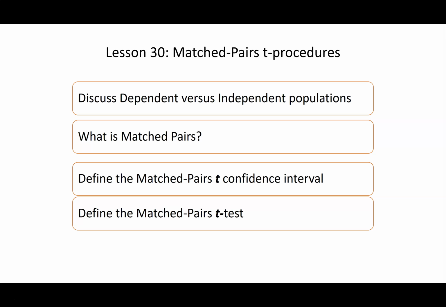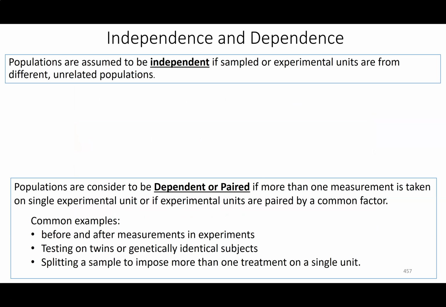Welcome to lesson 30. So we're going to talk about doing a t-test or t-confidence interval in a matched pairs setting. So the first thing we're going to do is try and clarify, what do we even mean by matched pairs? So in general, we assume populations are independent if